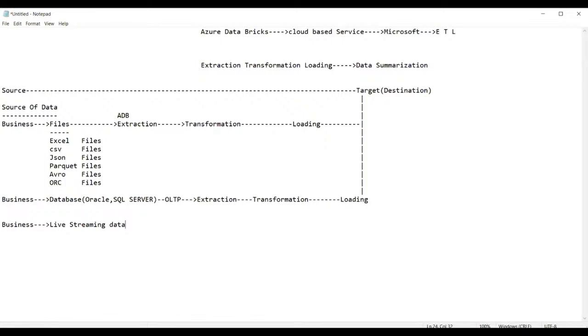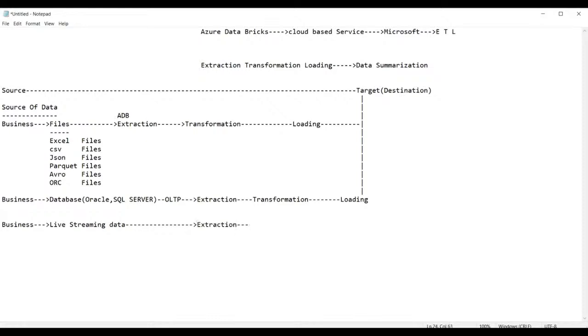Suppose an India versus Pakistan match is going on, you will get the live streaming. Am I right or not? Yes, guys. That is all called live streaming data. Even the live streaming data we pull in here as it is. And this process is again called extraction. We perform the extraction on this data.